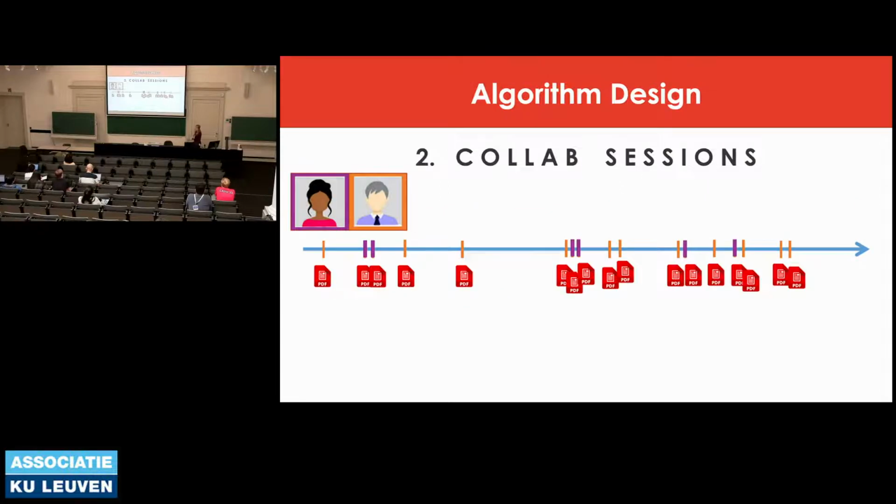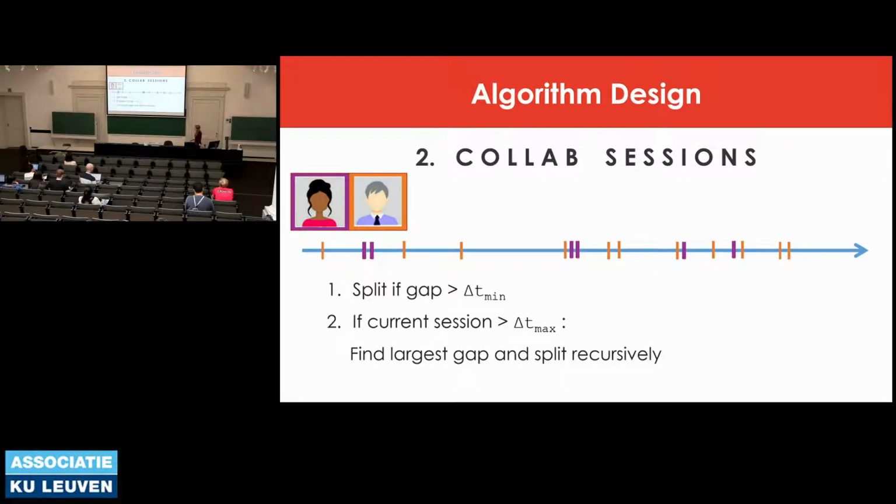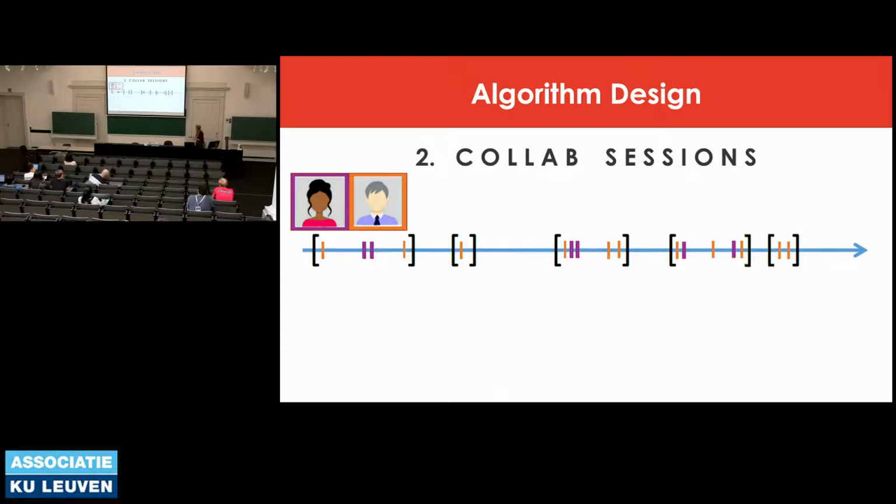The calculation of the collaboration sessions is done similarly. You have this timeline. We look at collaboration on one object. So we have the timestamps of when the woman works on some objects, which are the purple markers, and some men, which are the orange markers. We use the same kind of algorithm. We split when there is a gap, and we split again. And then we get several windows, and the question is, when did they collaborate? They collaborated if they worked on the same file within a reasonable time span. So in this case, we have like 3 collaboration sessions. We have the first, somewhere in the middle, and there at the end.